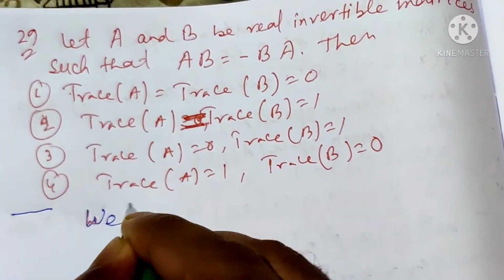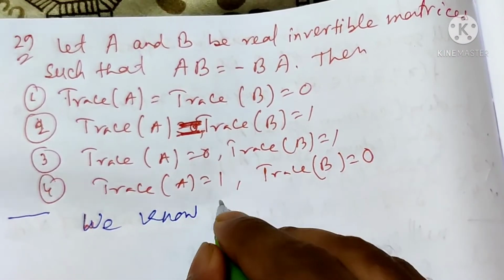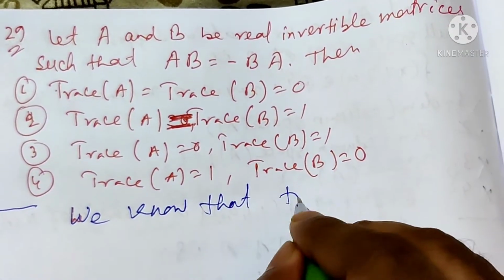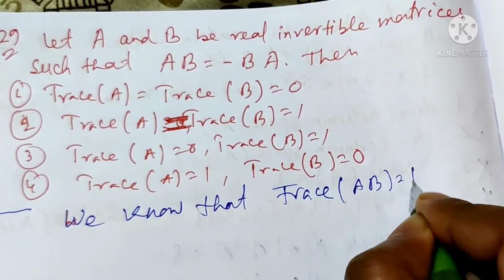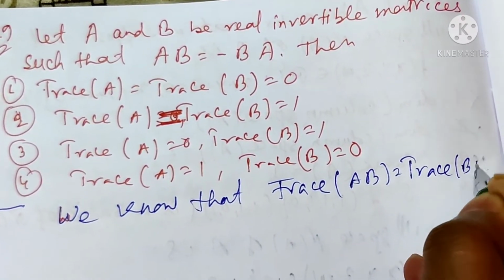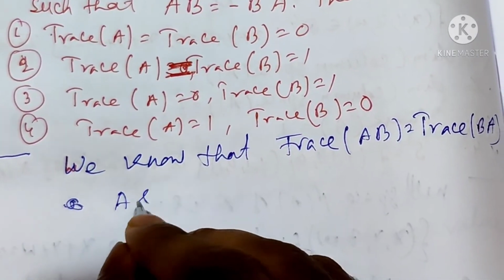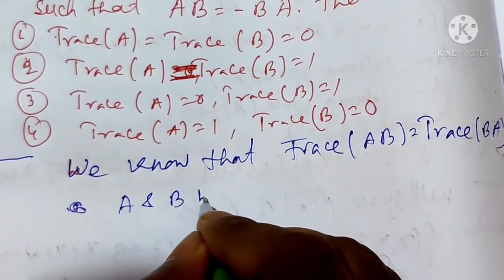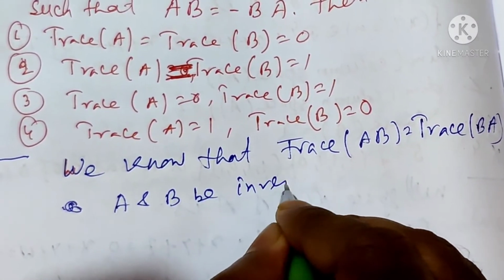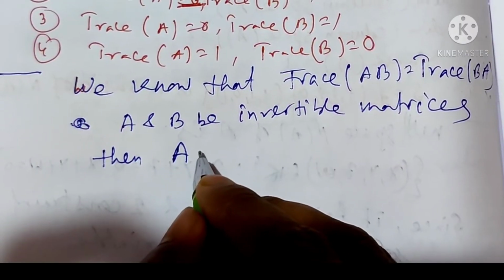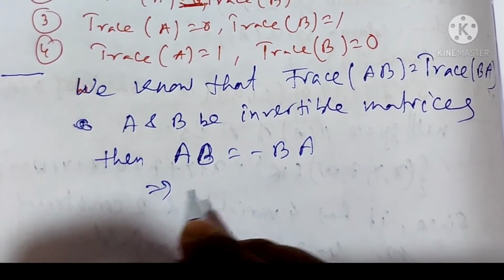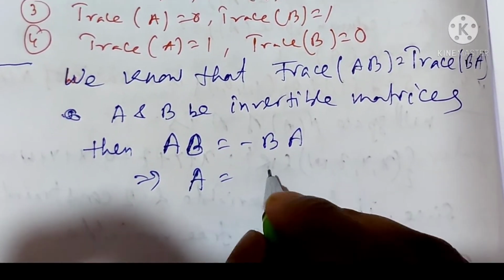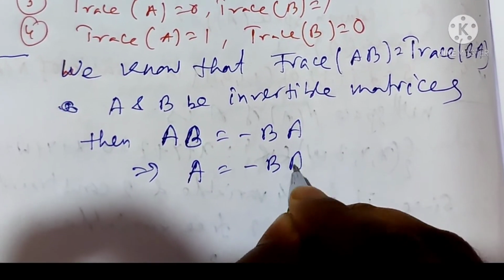We know that trace of AB equals trace of BA. A and B are invertible matrices. Then AB equals minus BA can be written as A equals minus B A B inverse,